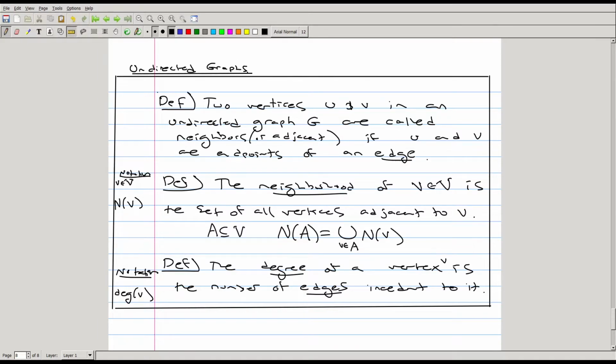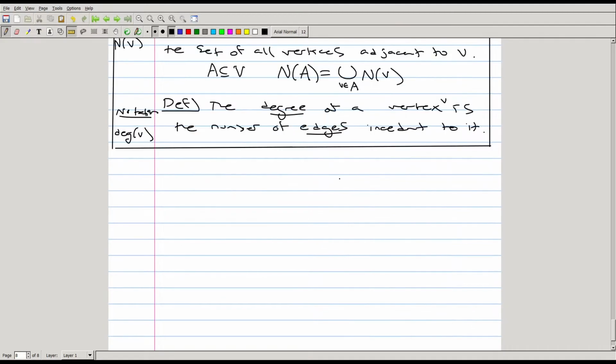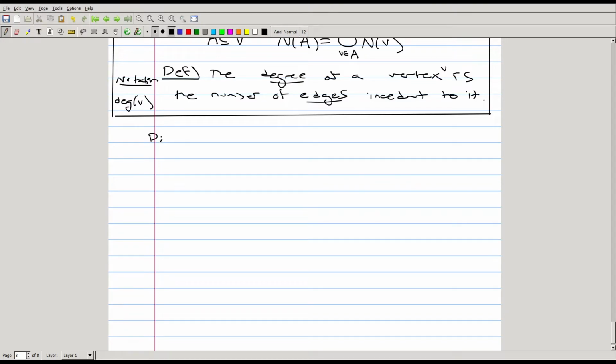We can generalize each one of these ideas, though, for directed graphs as well, but we have to be very, very careful here. Specifically, for a directed graph, we have to define two separate concepts, the in degree and the out degree of a vertex, which corresponds to the fact that each vertex has a number of edges moving away from it and moving into it. And to that end, we say that when the ordered pair UV is an edge of a directed graph,